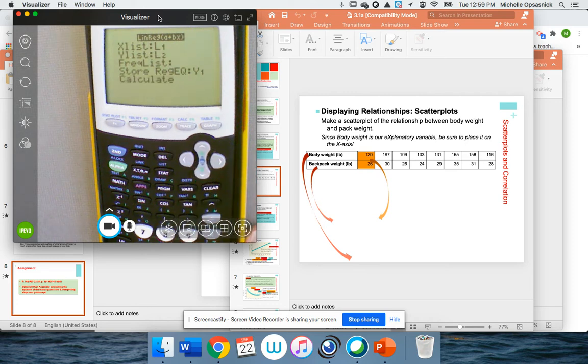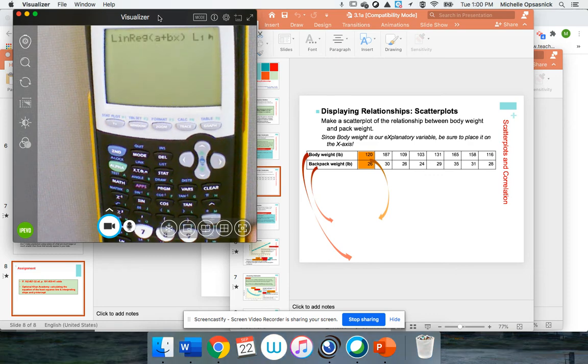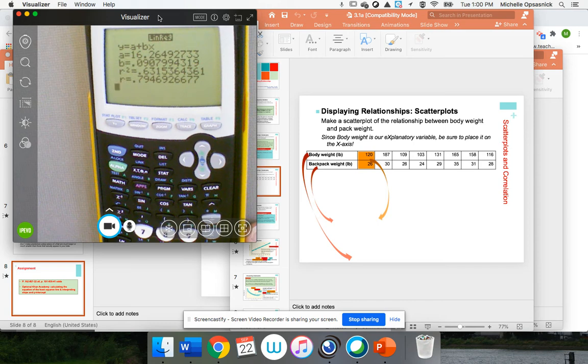If you wanted to get the line of best fit on the calculator and you forgot how to pull that y1 up, I can show you how to just type it in manually in a minute as well. So then we can go ahead and hit calculate. And this gives me my equation for my least squares regression line, or my line of best fit. So I would write my equation as y hat equals